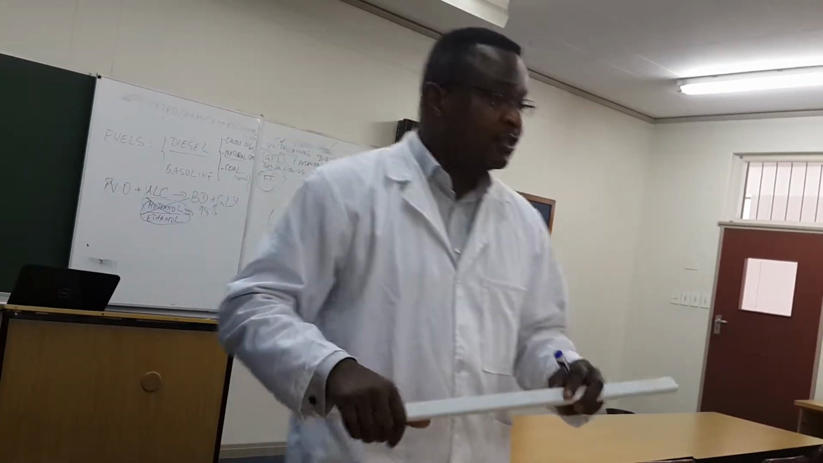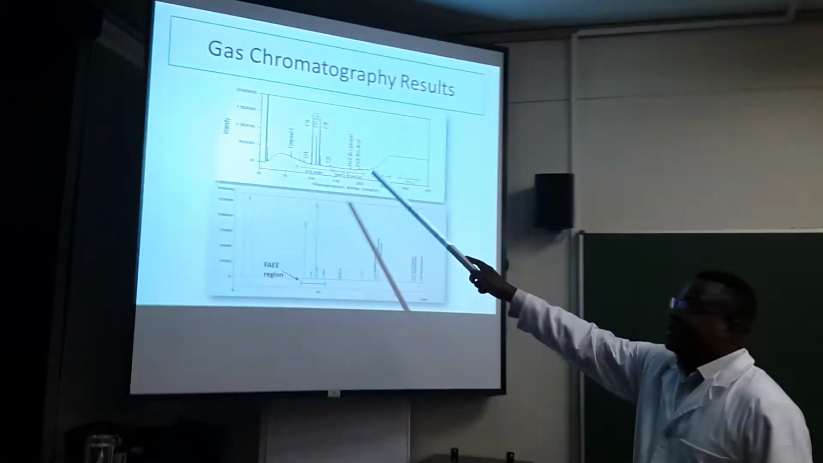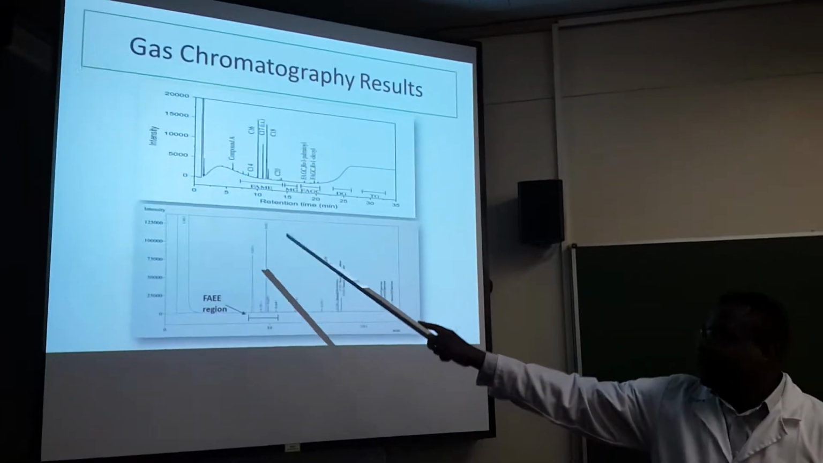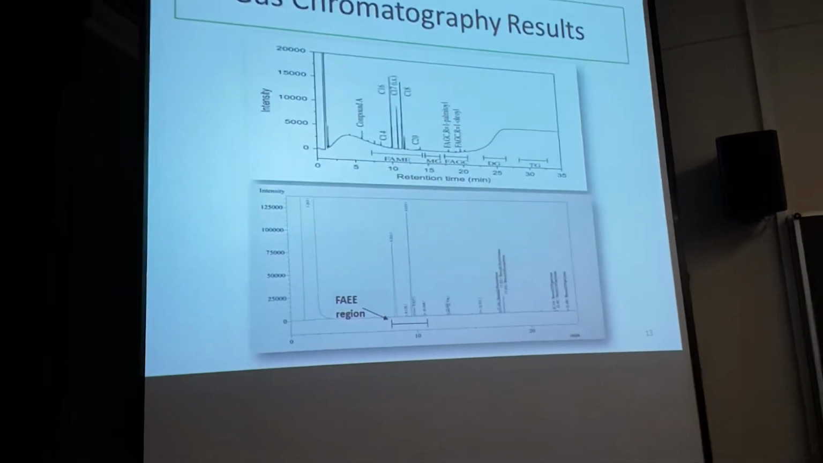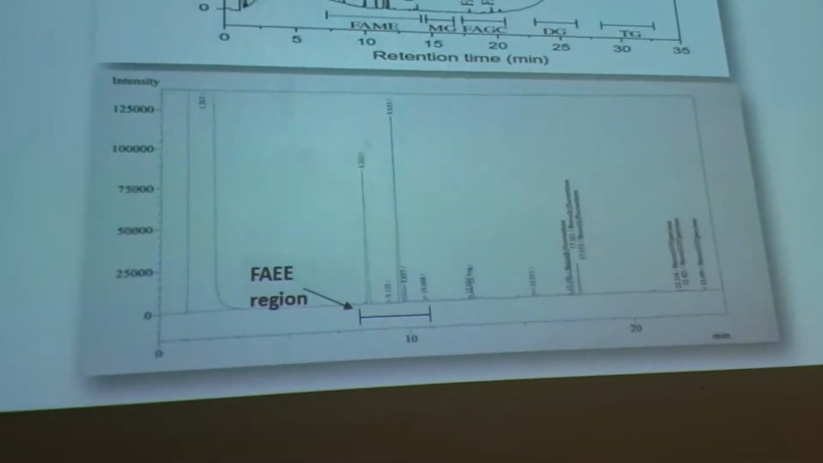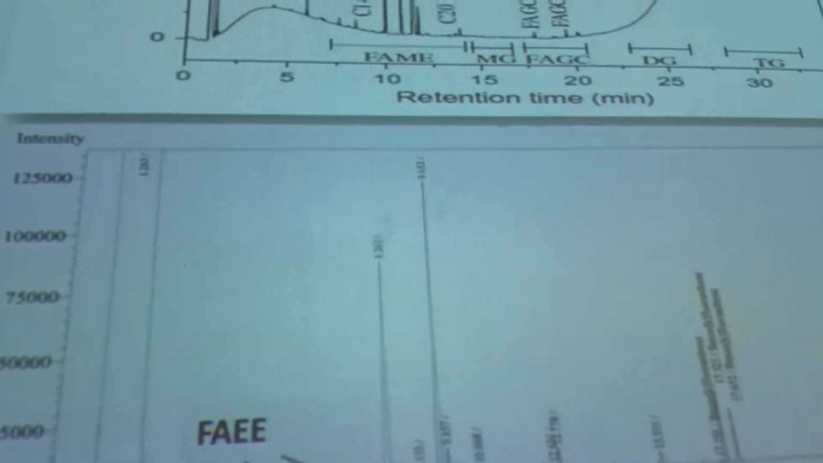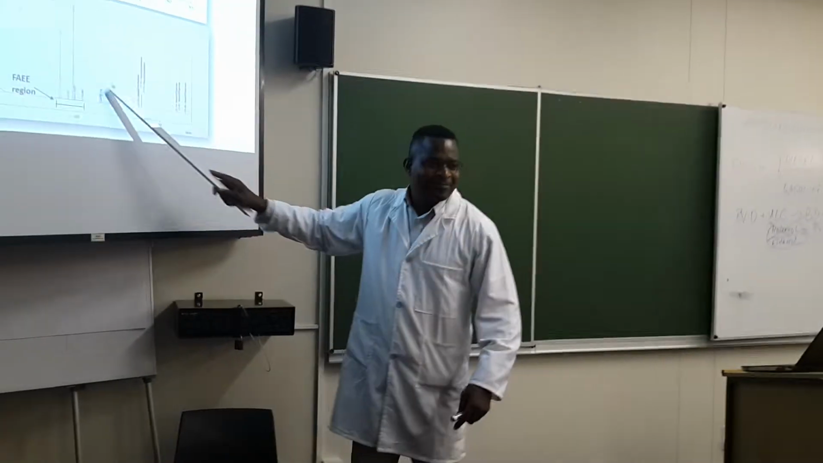One of the analyses you're supposed to do is what we call the GC analysis. These are the responses you get from the GC. When you inject your biodiesel inside the GC, it will burn. After burning your hydrocarbon, it will